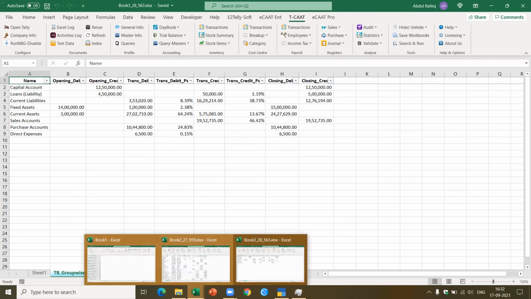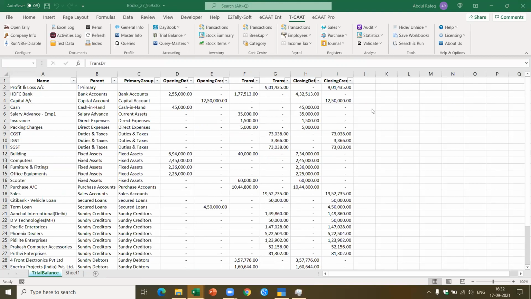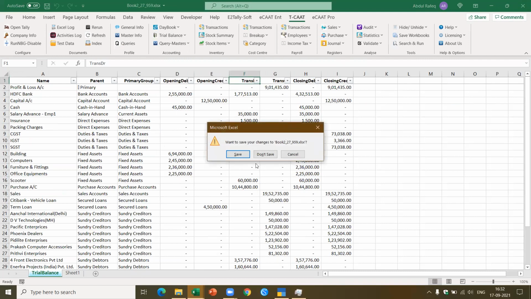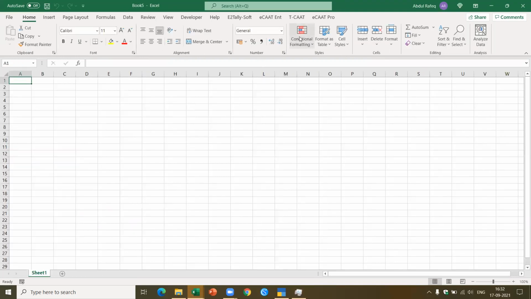Let me close the files which are not required so that our system will not hang and it will be faster. Okay, now I got this. Let me now go back to my, now for how long can we do this? Let me just pick up another one. Let's take it systematically, step by step.